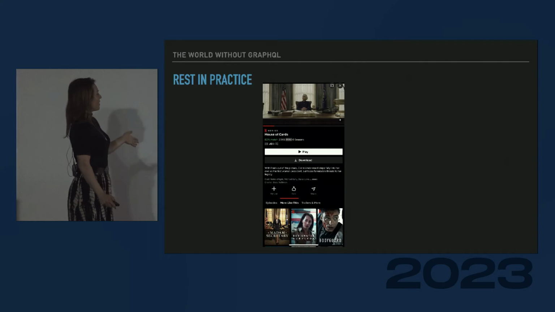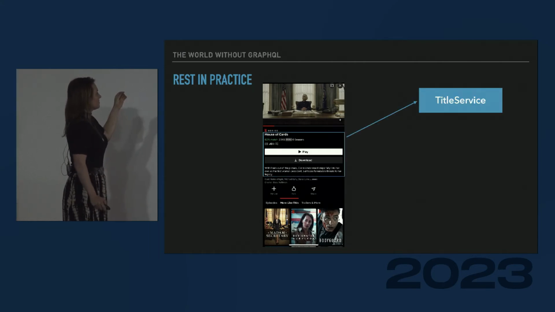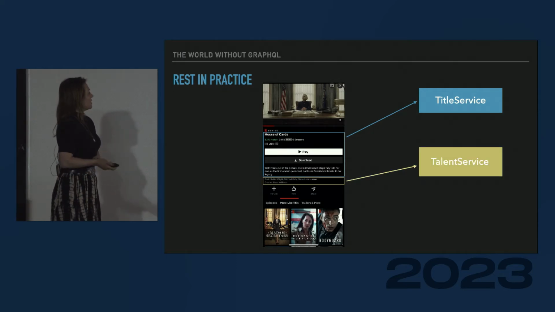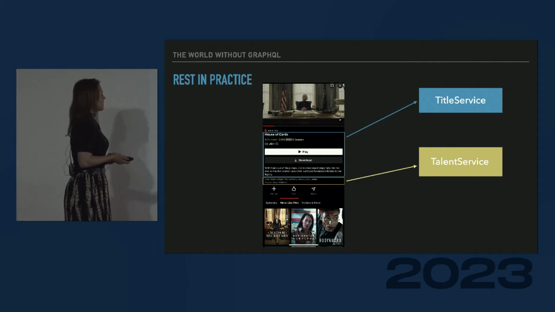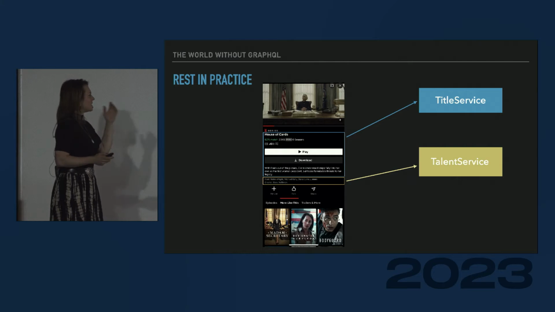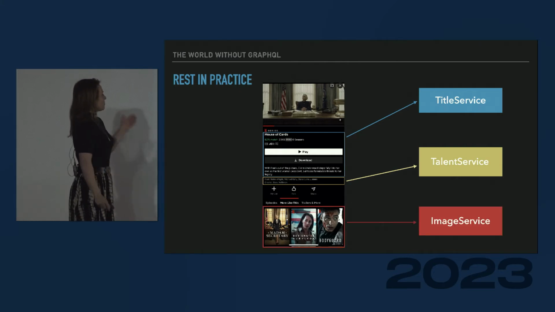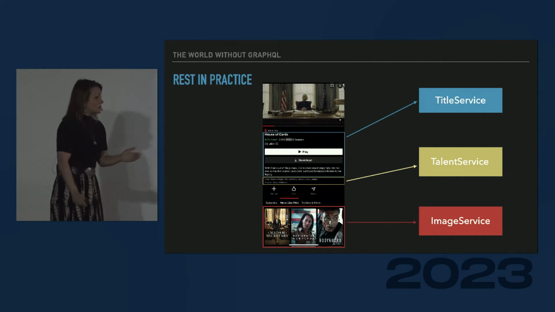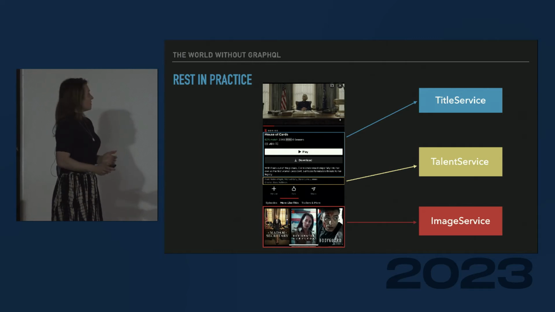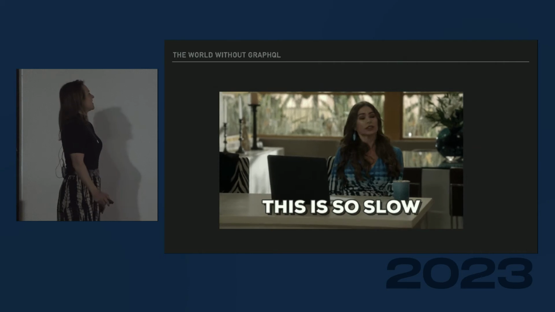You might have a very difficult application screen where you get, for example, here the title and the synopsis, the description of the title from a title service, and if you can play it. Then you might go over to a talent service and you ask, okay, what's the cast? What's the creator? But you're not only getting that back, you're also getting the director, you're getting the writers. And maybe afterwards, for the related IDs of that title, you're going to an image service, and now you're asking for the images and artworks there. And if you haven't realized, this is so slow. I need to do so much work, right?